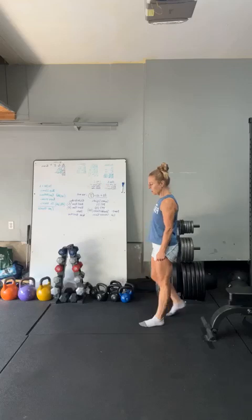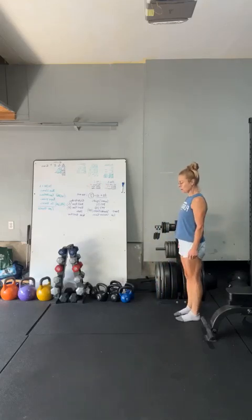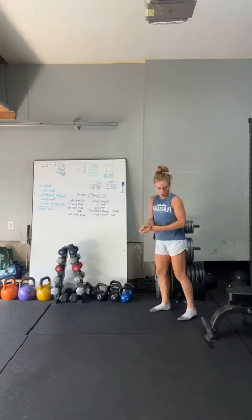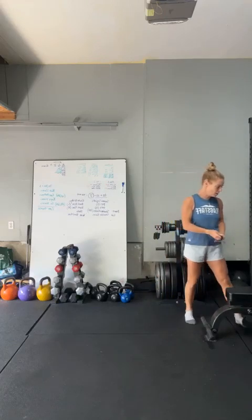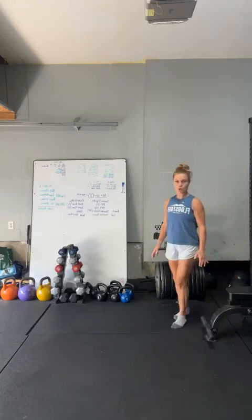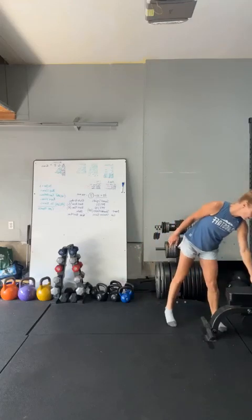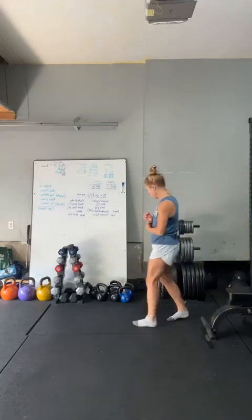And we're going to do farmers' walks. I totally lied. We're going to do marches on one side and then marches on the other side. So I'm going to try something new. Now, your marches can be with no weights. They can just be marches. You can have 2 weights or 1 weight holding. I'm going to try having 1 up and 1 down and marching. This is a core exercise. So I'm going to grab,